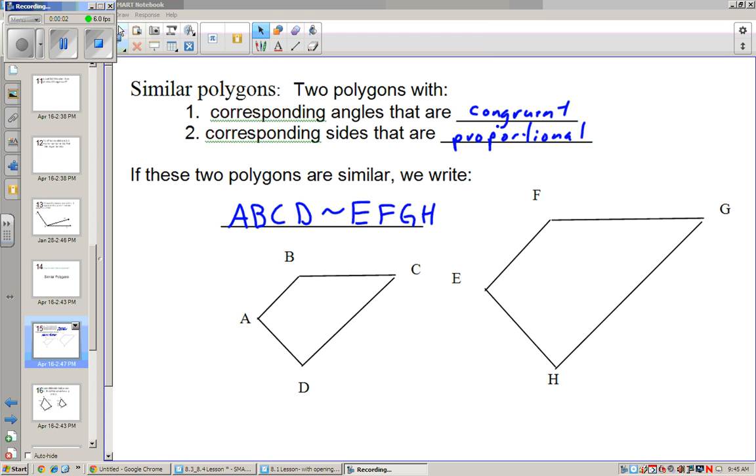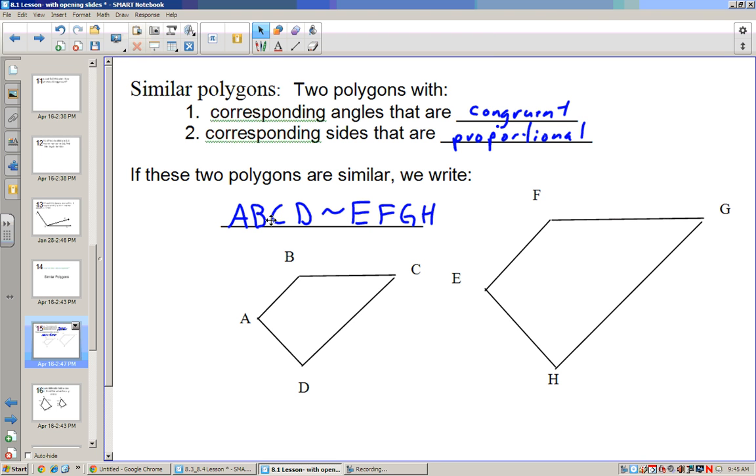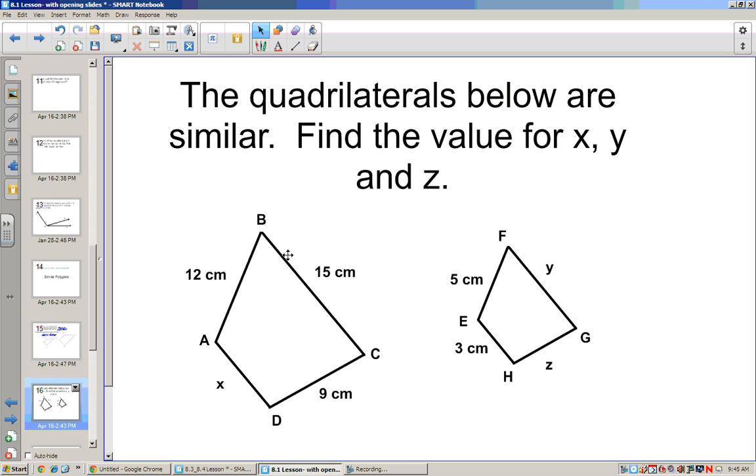Hello, yesterday we finished off with this slide. We were talking about similar polygons, or two polygons where the corresponding angles are congruent and the corresponding sides are proportional. Now, if we said these two quadrilaterals are similar, we want to find the values for x and y and z. Well, 12 is going to be